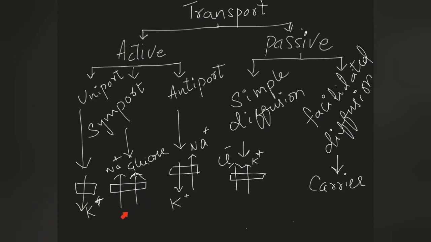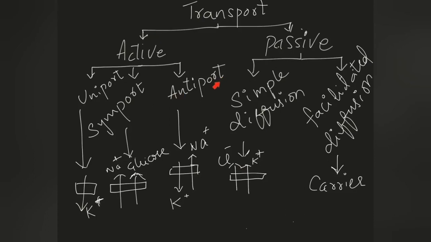So basically, inside the cell sodium ions will be less compared to the extracellular space, so that's why the sodium ions will move from their lower concentration to their higher concentration, with the help of a carrier molecule, nothing but the ATPase enzyme. So for active transport, the ATPase is compulsory and helps in transportation of ions because it is against the concentration gradient.